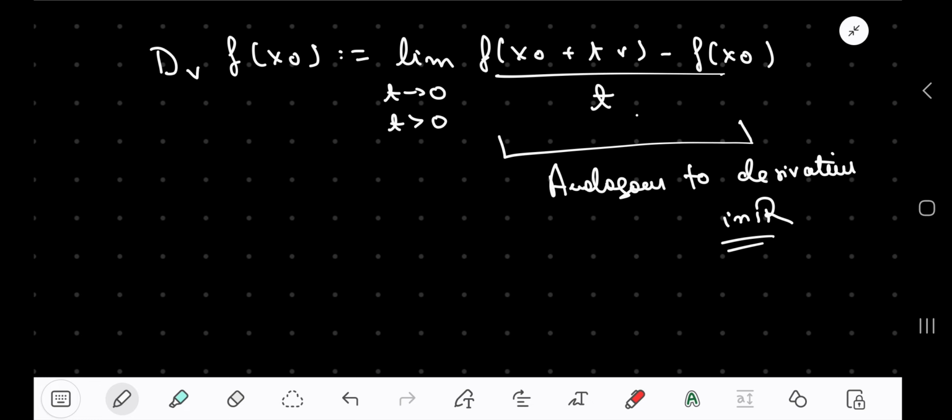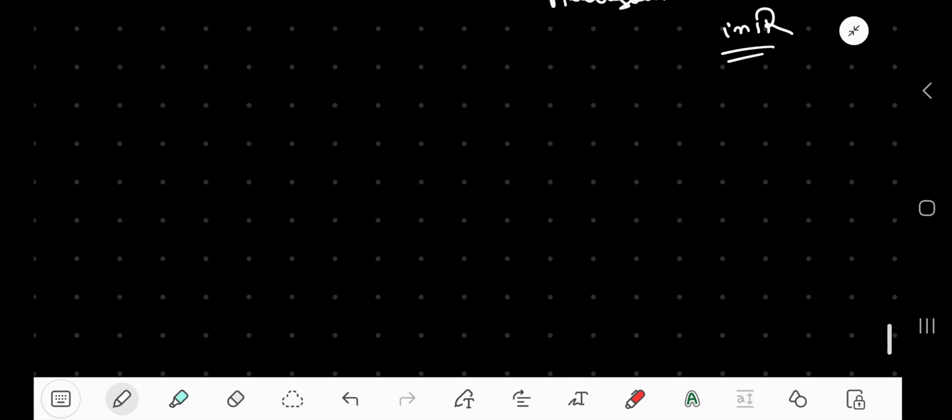Now this directional derivative can also be thought of as being calculated on the boundary of the surface, or on the boundary of the set we are talking about, provided that these directional vectors are pointed inwards and not outwards, right? That will actually give me the notion of what we call the left and right derivative in the case of these multivariable cases. But something which you can immediately observe